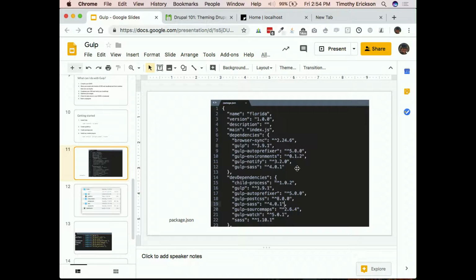I rarely change that. I mean, once I got a Gulp file working, it doesn't come up very often to change a version of something, unless it's a specific thing. If it spits out something that says it's deprecated now, you might want to update it, but typically you're just happy it's working. Really, or if you hear there's a fancy new feature that you want to get a hold of, then you